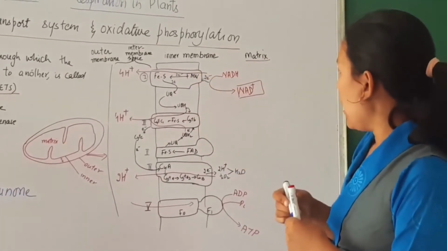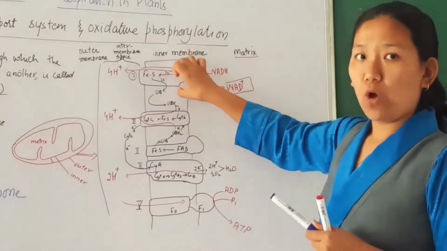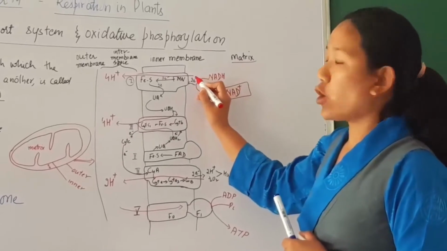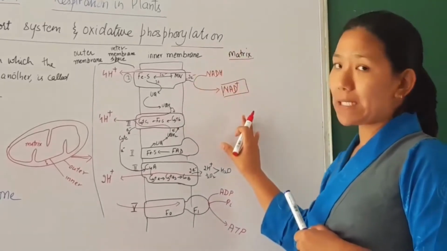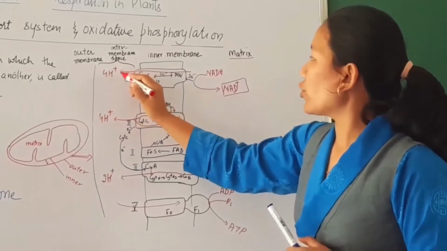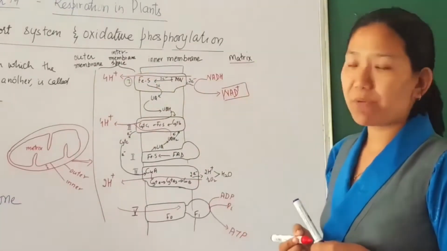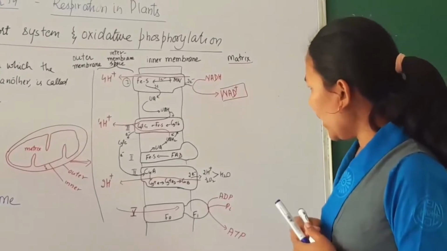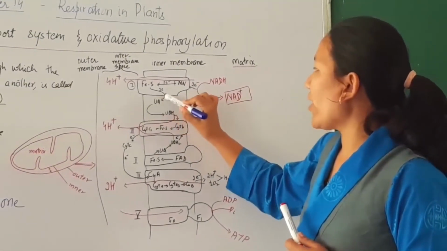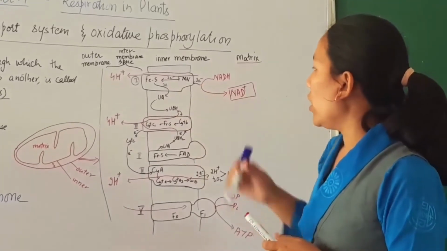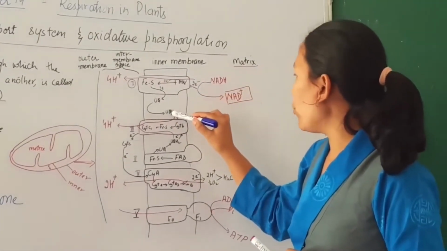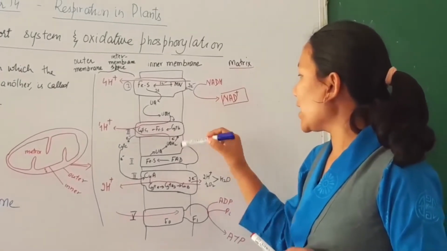oxidase, this complex number 1 also pumps proton from the matrix into the intermembrane space. So you can see the proton is being pumped towards the intermembrane space. Now, this ubiquinone, after accepting a pair of electrons, becomes reduced, and this reduced ubiquinone will pass the electron